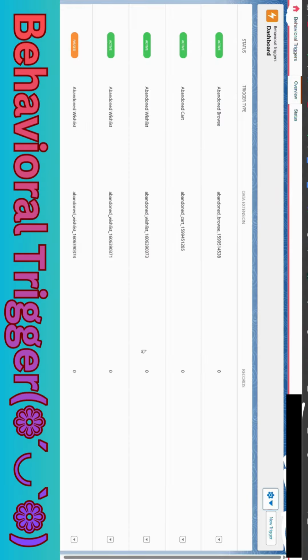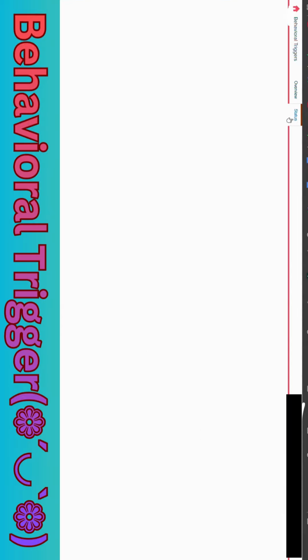They let you trigger automated journeys when a customer performs a specific action like opening an email, clicking a product link, abandoning a cart, submitting a form, or even visiting a specific web page. Basically, the system listens for real-time events and responds instantly.